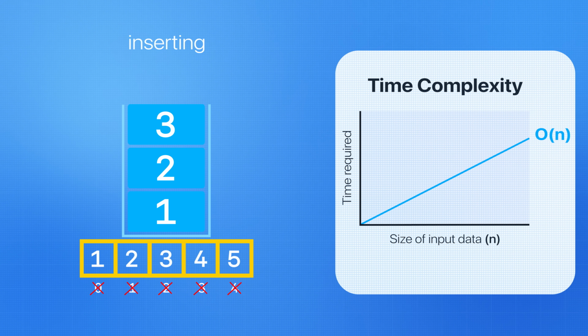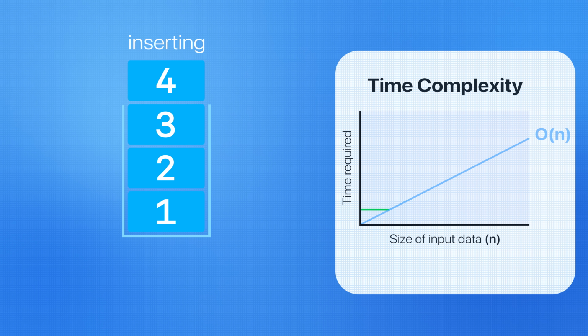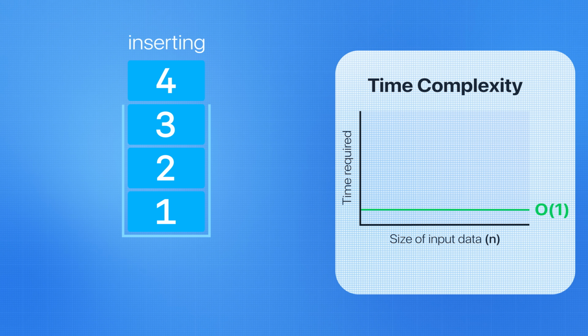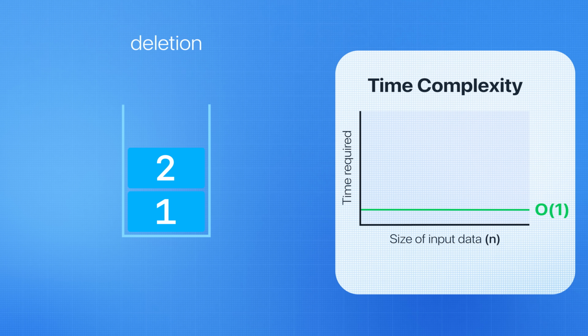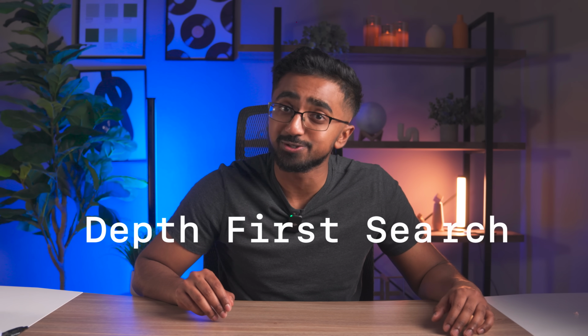There's no indexing. Inserting an element, which is called pushing onto the stack, is an O of 1 operation because you simply add the element to the top of the stack without affecting any other structure within the stack. Deleting an element, which is called popping from the stack, once again is an O of 1 operation because you only have to remove from the top of the element. There's no dealing with the other elements when you're taking or removing from a stack. So it's highly efficient for adding or removing, plus it's very widely used in depth first search, but more on